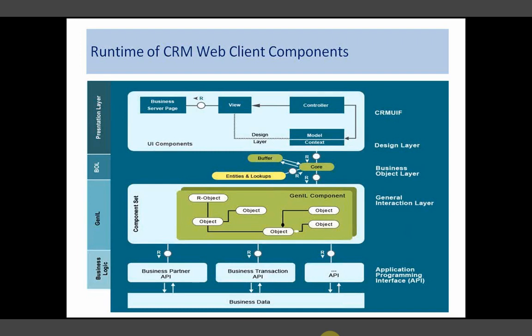Thank you. So Devendra, just to reconfirm my understanding: the core object is not in existence if I were to use only SAP GUI. Yes. So it's a property of the web UI component.